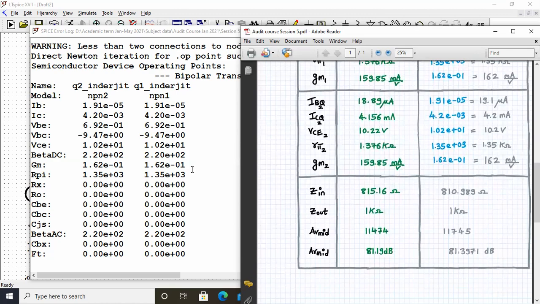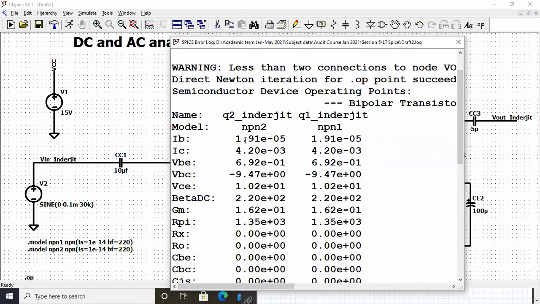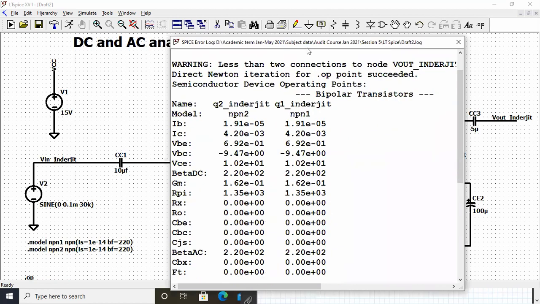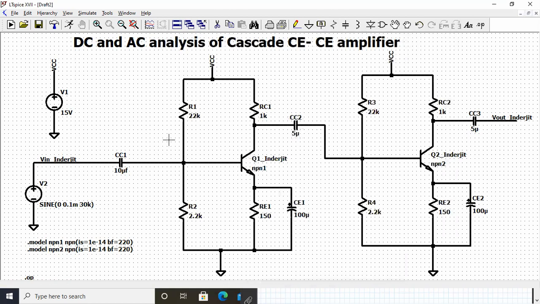So next, this was the DC analysis. After you do this, take the print screen, you can expand this so that it's visible on your Google document. Okay, and now I'll close this. So we have verified the DC parameters of both the first stage and the second stage of your common emitter cascade amplifier. Now, to get the AC part, that is the midband gain,